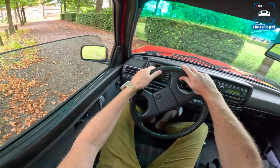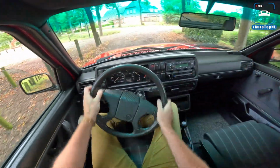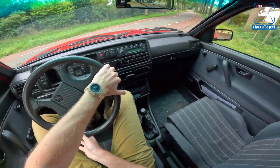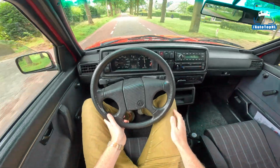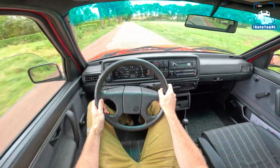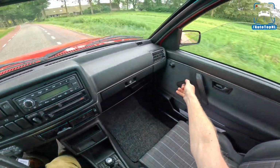And so here's the big difference compared to the Golf Mark 1. This feels so much smoother. Everything feels so much smoother, like the engine, the gearbox. This little engine is so happy to rev. And it's not a fast car by any means. It's not crazy fast, but